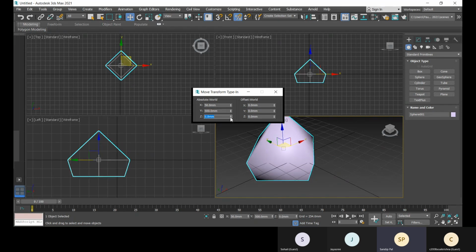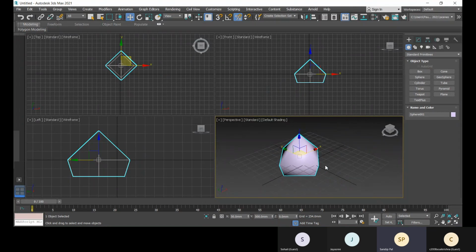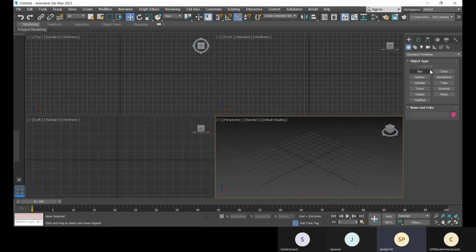And in Z that will be 0. So with precision you can transform. What is the shortcut? That is F12. Okay, so these are some tools.